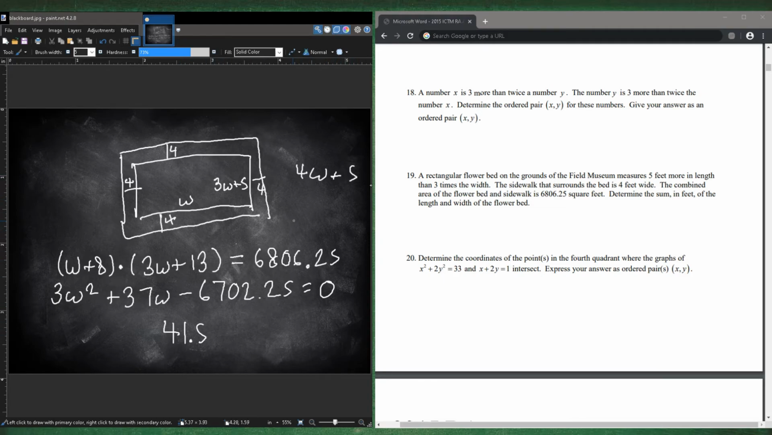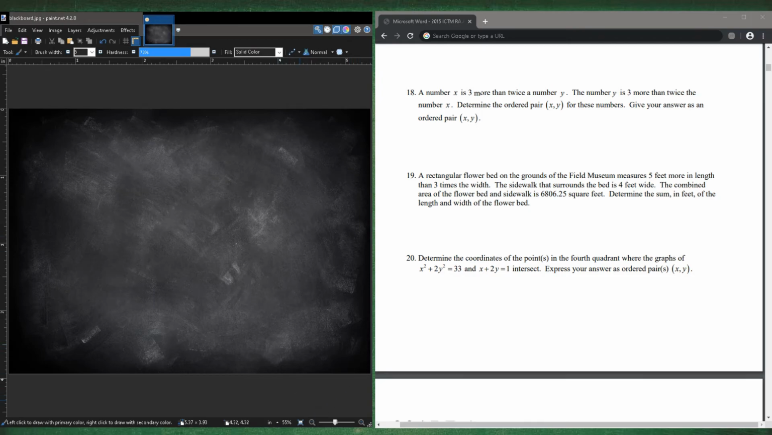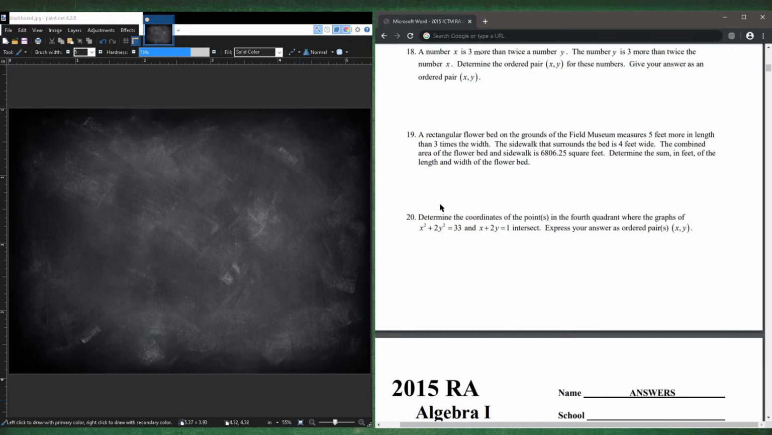So then we could plug that in. 41.5 times 4 plus 5, we get 171. So our answer for number 19 is 171. And that's basically it. Okay, so kind of tricky, I guess, but if you draw your picture, you should be fine. 20. Determine the coordinates of a point in the fourth quadrant where the graph x squared plus 2y squared